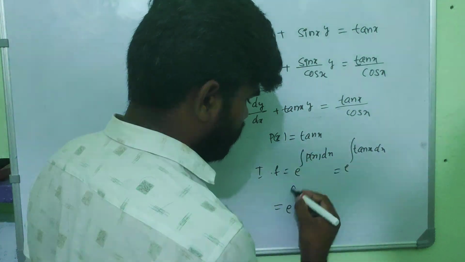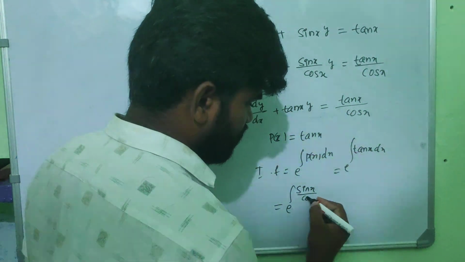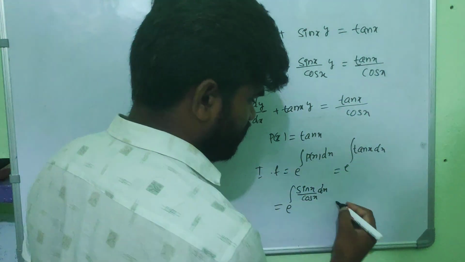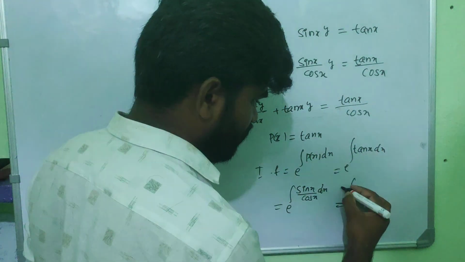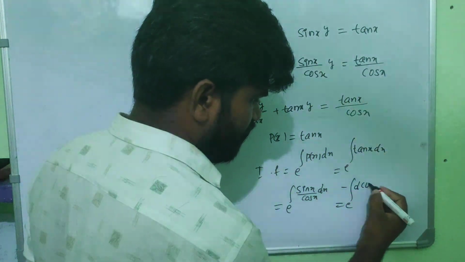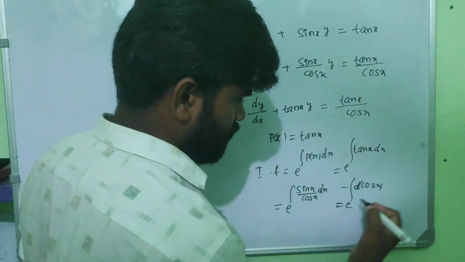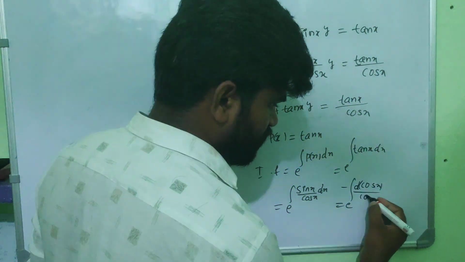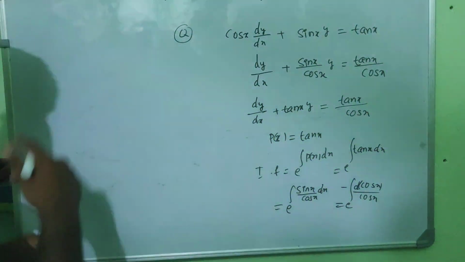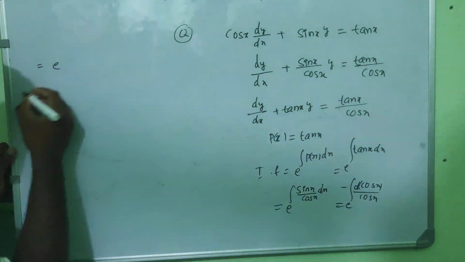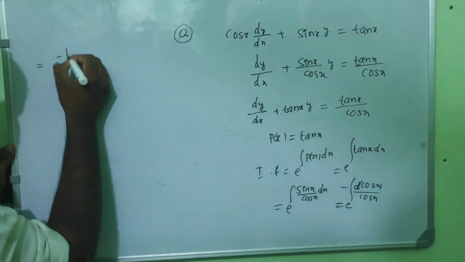It can be written as e power integral sin x upon cos x dx, which is equal to e power integral, how can we write, minus of d of cos x upon cos x. And what is the integration of this? Which is equal to e power minus log of